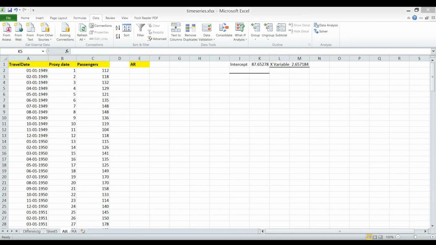So similarly we have another concept, the slope. In that slope, this is the x variable. So that is the change of x with respect to y. That is, if I'm making a change of 1 in this date, what is the value of passengers being changed? If this is increasing, if in the future the values are more, the number of passengers are also increasing.